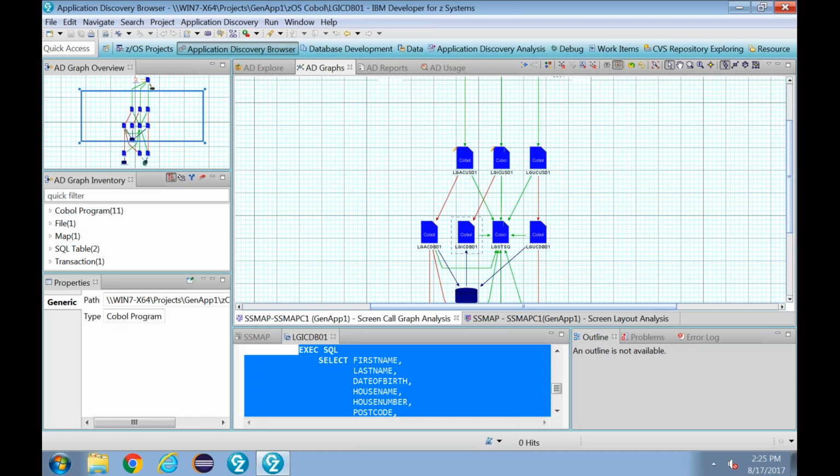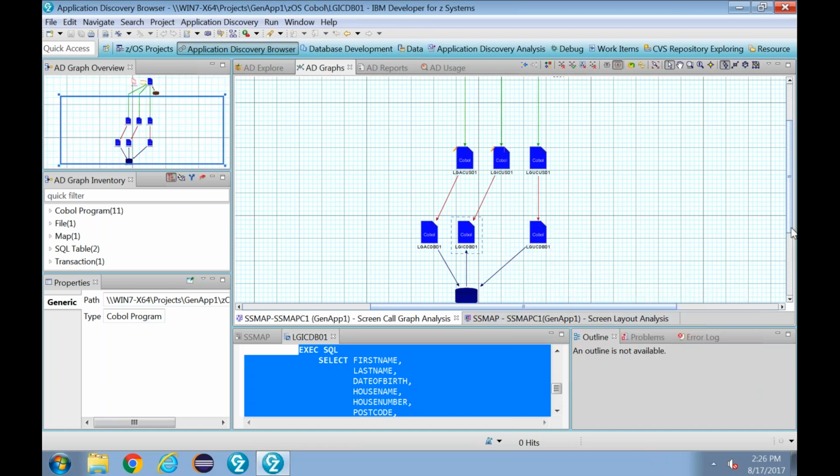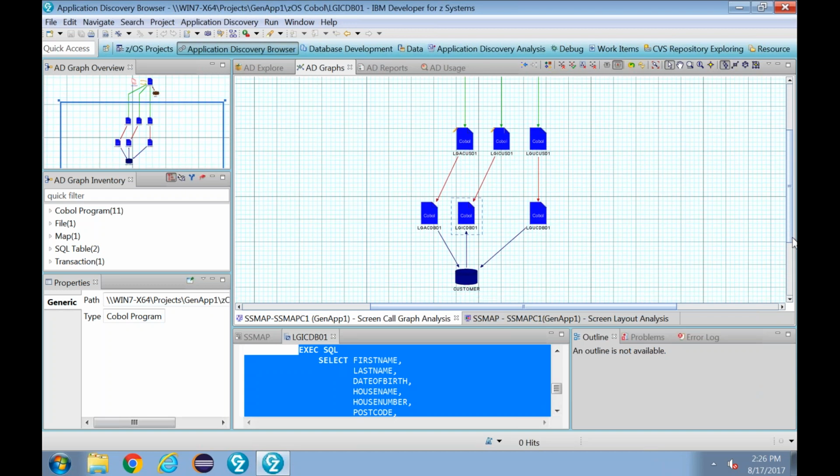Now, there is quite a lot of information. So let's just try to make it simpler for Joe. So he wants to now trace only the inquiry flow. So he wants to know that when a select happens from the database, how does an inquiry flow look like? So for this, there is a very simple functionality that ADDI has. So you can say, hide all my edges and filter to show only those programs that are backward and hide everything that is not connected. Right? So you have some filter functionality within ADDI that helps clear up.